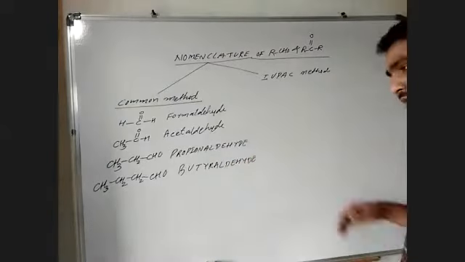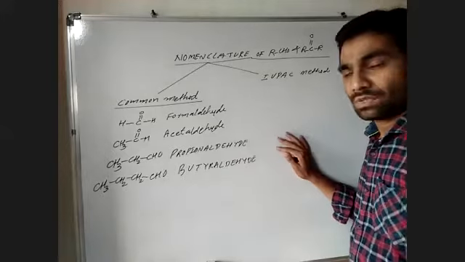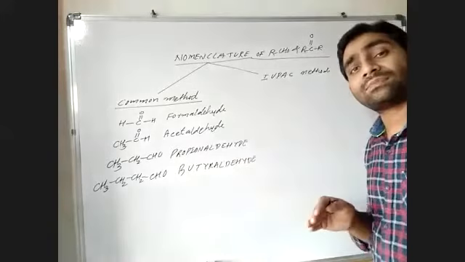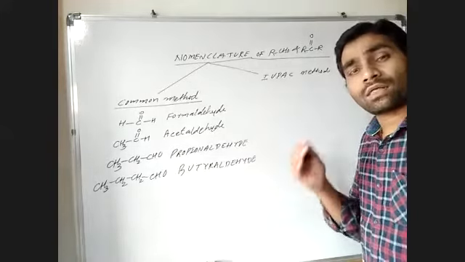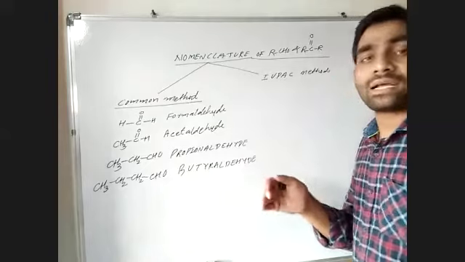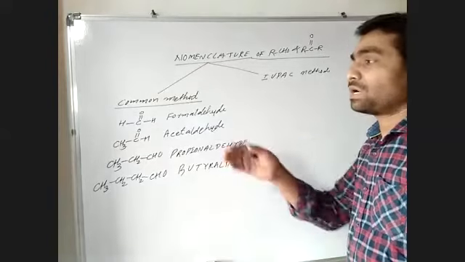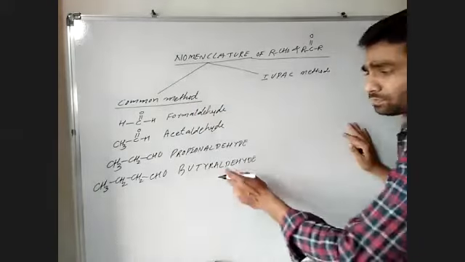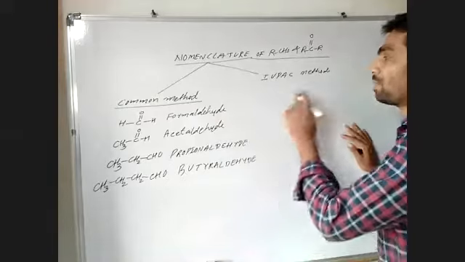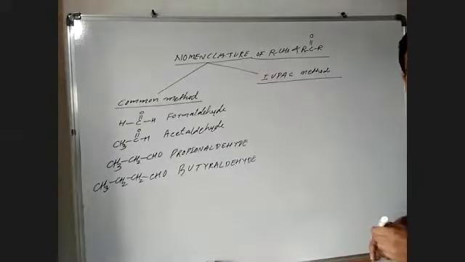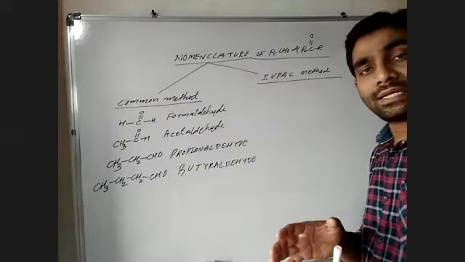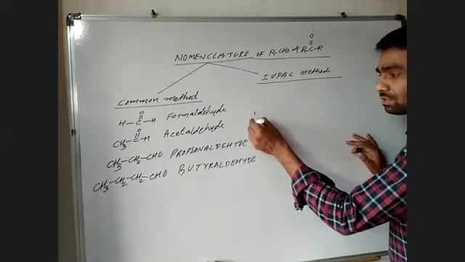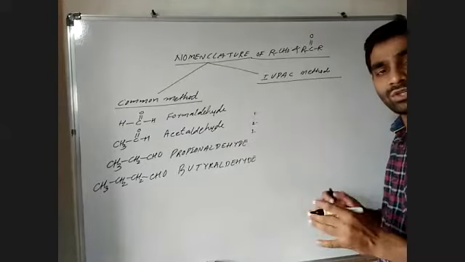Right? So like this, we have a common name. There is a randomness in the common name of aldehyde, while there is a very systematic naming in the common method of ketone. So now, this is the aldehyde. But what about the IUPAC method of aldehyde? How are aldehydes named in the IUPAC method? So we have three rules.